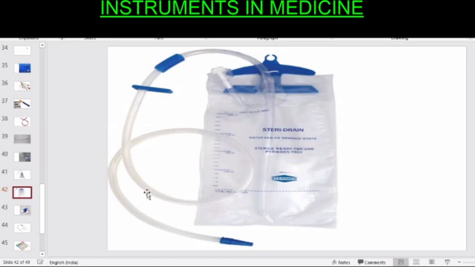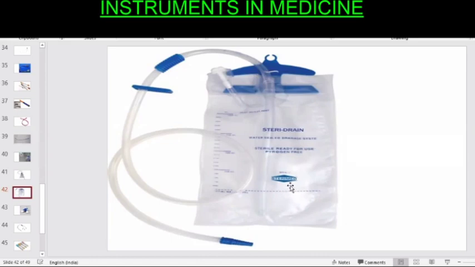So what are the criteria to remove the ICD if it is placed? Like what ml of drainage? If there is no drainage from the ICD, or if the drainage is less than 100 ml per day, or generally we say less than 50 ml per day, if clinically the patient is better, he doesn't have pain, he is not breathless, if hemodynamically stable also, if the oxygen saturation of the patient is good, on X-ray the fluid has decreased, or doing a USG of the chest, the fluid is very minimal, then we can remove the ICD.